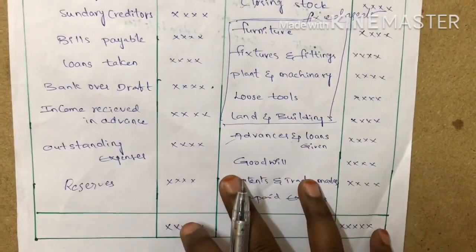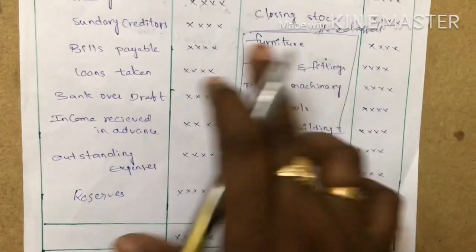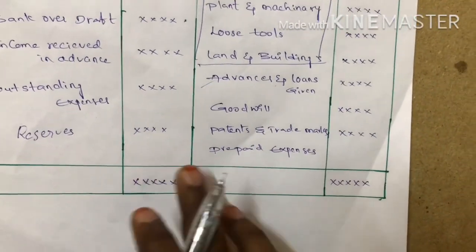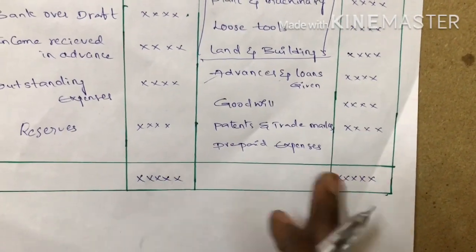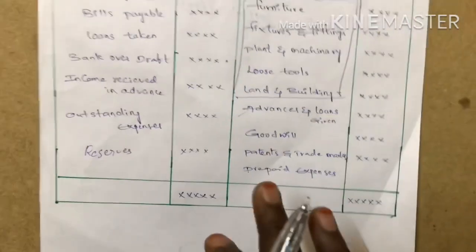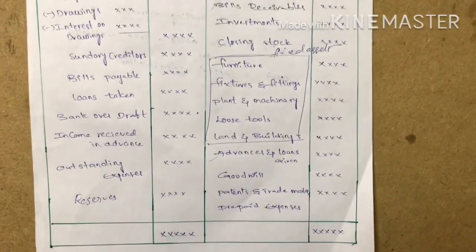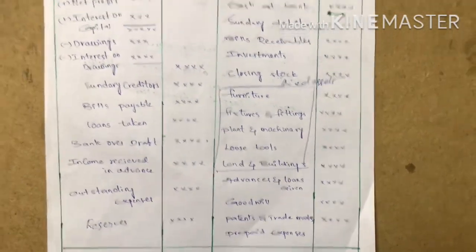In the balance sheet, we balance the amount of assets and liabilities. You total them at the end of the account when preparing it, and it is tallied on both the liabilities and asset sides. This is the balance sheet, and how to prepare it: what the things are on the liabilities side and what the things are on the asset side. This is the format.